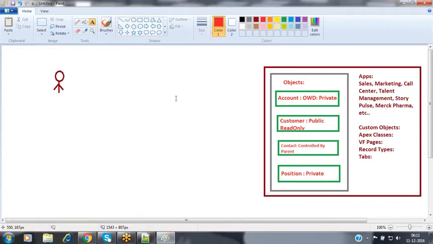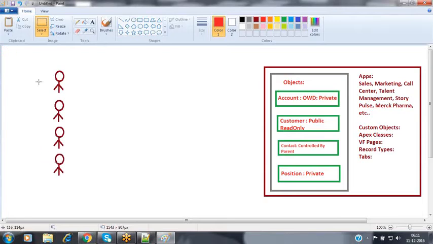These are the various objects available inside my organization, and for every object we have given these OWD options. Now I have some set of users inside my organization. Assume that these are the 4 users we have.